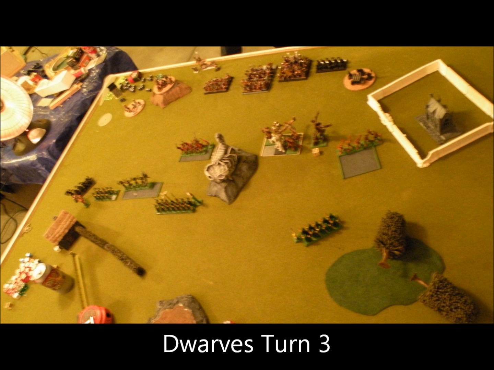He fired his organ gun at my tree man and did 1 wound to him. The cannon again fell short, so he didn't hit the tree man. And oh no, his organ gun fired at the dryads and killed a whole bunch. I think he fired the grudge thrower at the tree man first, did a wound because it wasn't flaming, and then his cannon fell short. Then his anvil made the new miners on the flank charge the flank of my Glade Riders, and easily beat them in hand-to-hand, but failed to run them down. So yeah, there you go. That's end of Dwarves